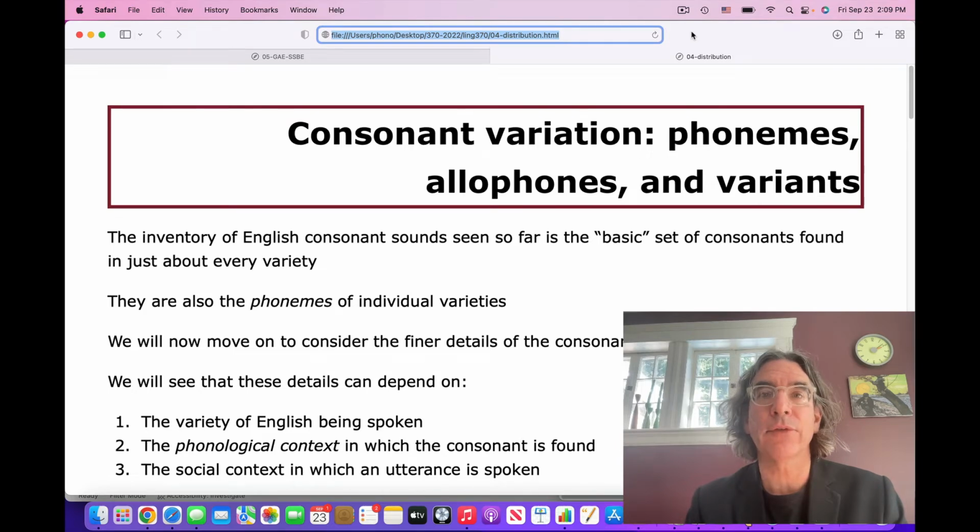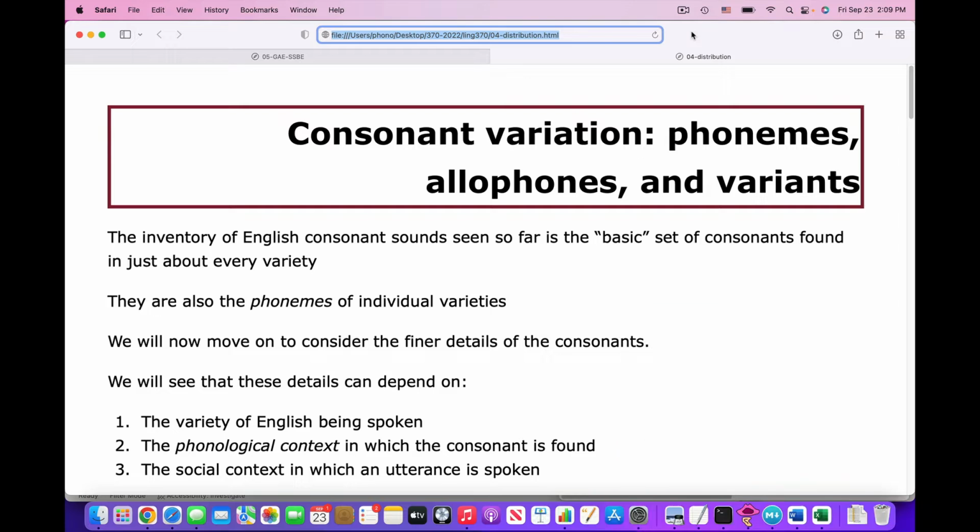The English consonant sounds that we saw in the first unit, the inventory of English sounds, is the basic set of consonants that are found in just about any variety. They're also the phonemes of individual varieties, and we'll talk about what we mean when we say phoneme in just a second. So we're going to now move on to consider the finer details of consonants,